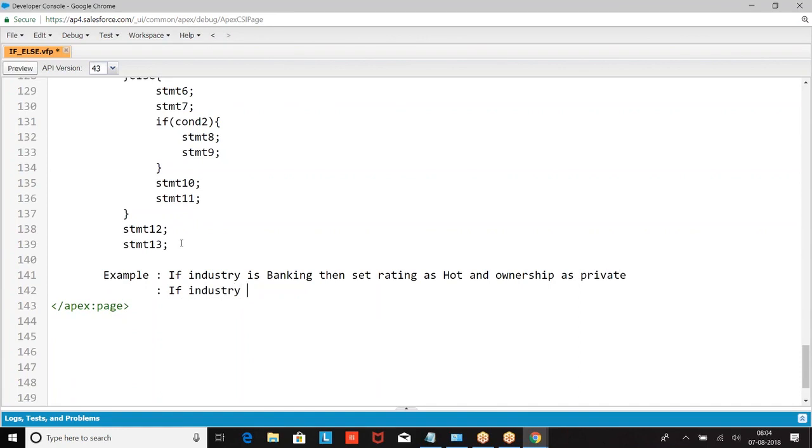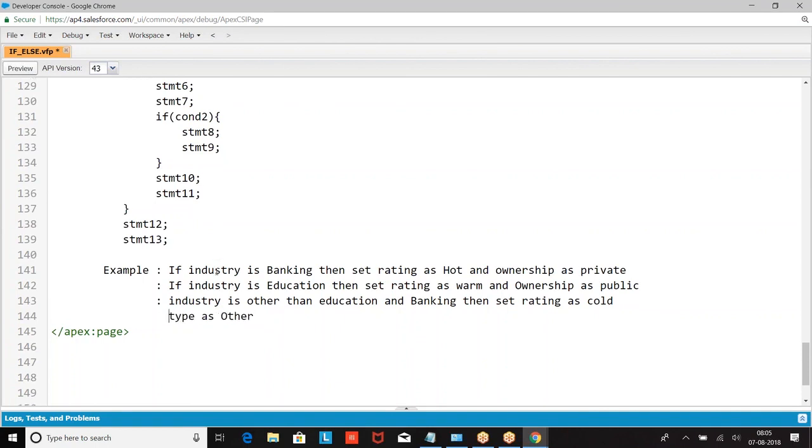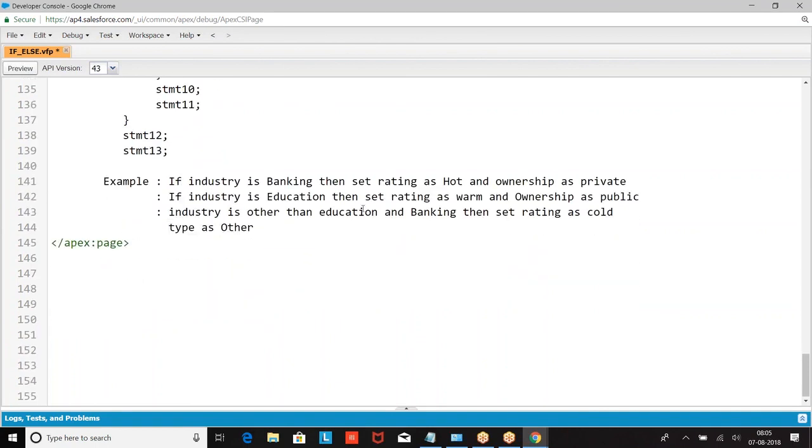If industry is education, set rating as warm and ownership as public. If industry is other than education and banking, set rating as cold and code type as other. Write the code for this.